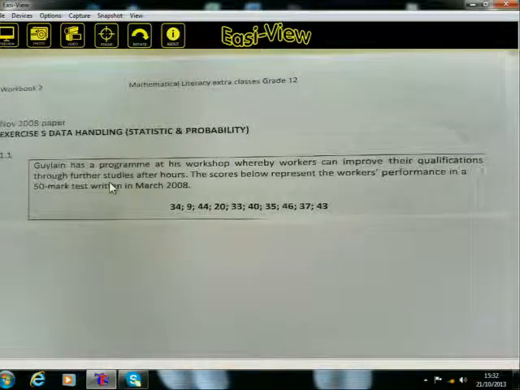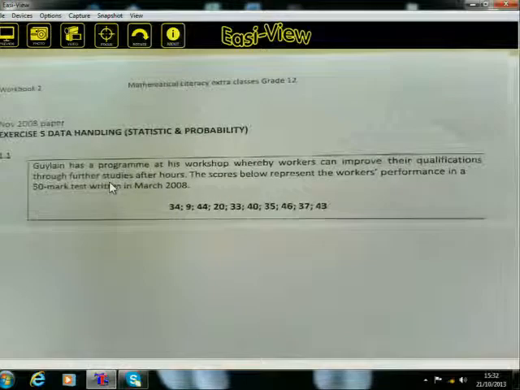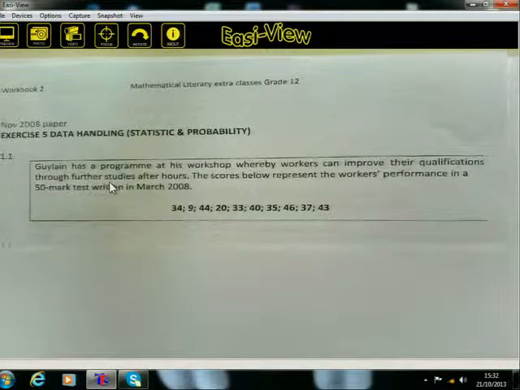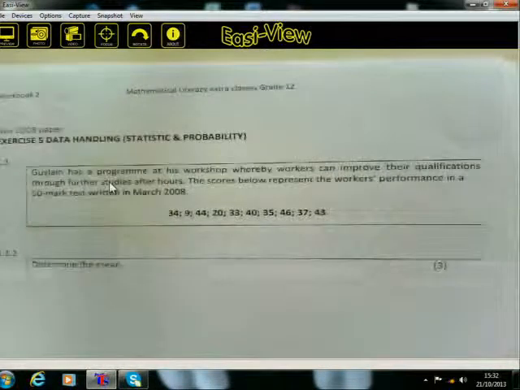The reason why we have put a semicolon is that a semicolon separates numbers. So I hope you have understood that scenario. Now we are going to the questions that will be based on that scenario. So we proceed to